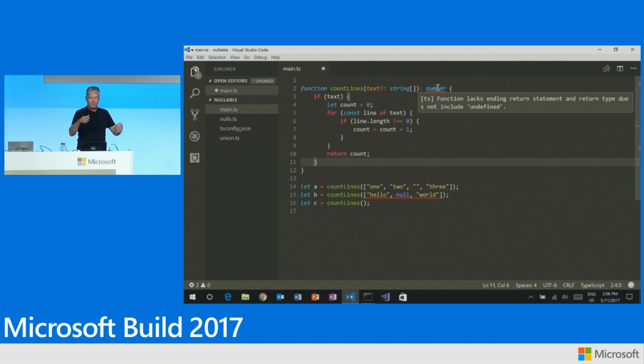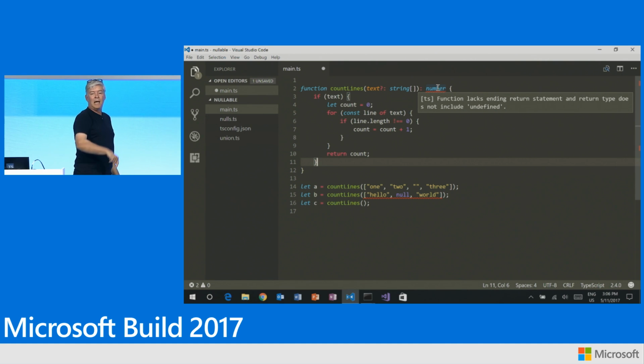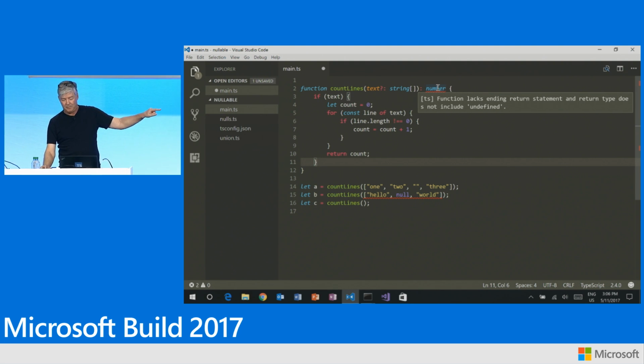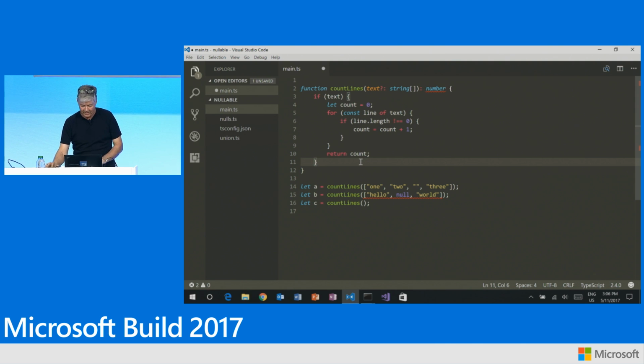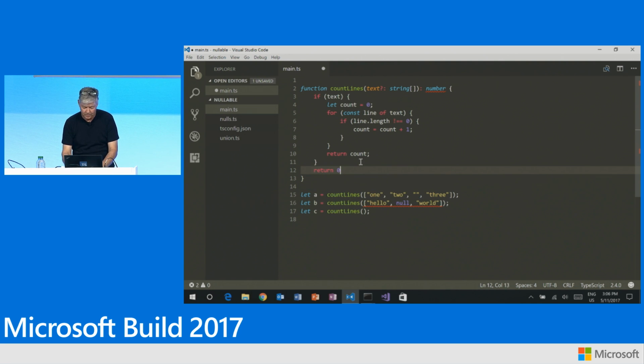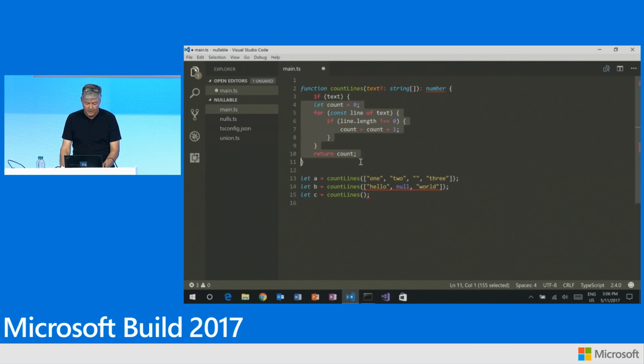So basically, the type checker has concluded you could fall out the bottom, and that would cause you to return undefined. But you've said that you return a number, and a number can't be undefined, and so you've got to do something about that. So I could say here return 0, and then that error would go away. Now, that's one way I could fix this. I could also instead say,